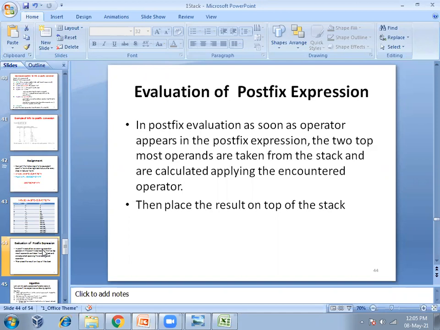So whenever we give the infix expression, that is converted to the postfix equivalent expression, and after that, that is evaluated. Now, how is this postfix expression evaluated in the computer? Let us see that.